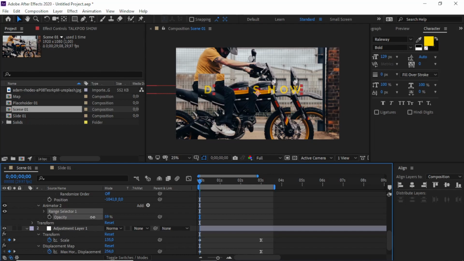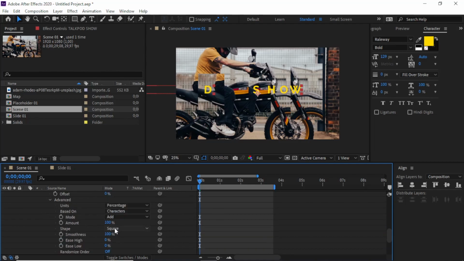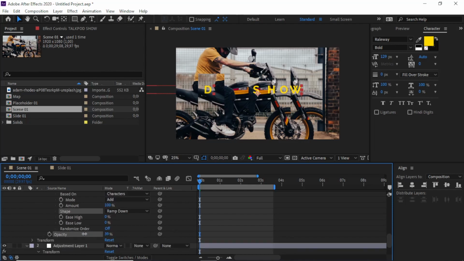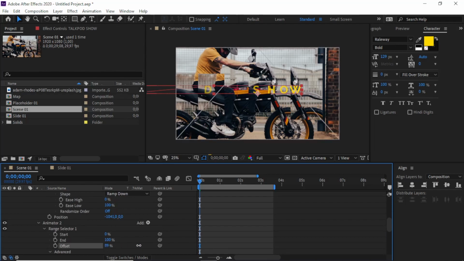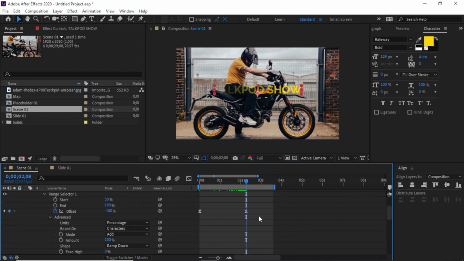So we need to adjust the range selector first. In the advanced section I will use the same ramp down, and the opacity needs to be brought back to 0, and I'll play with the offset like this. So hit the offset 0% here and move in the same keyframe,